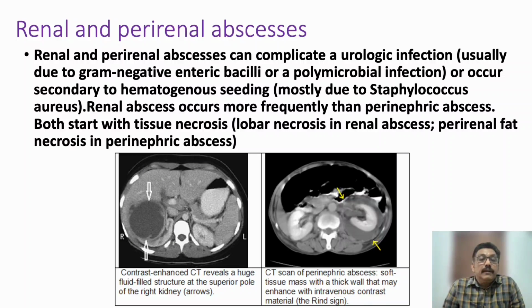Now, perinephric abscess is another problem, renal or perinephric or perirenal abscess. This can also be a part of urinary tract infection. There are two types of perinephric abscess. One type of abscess can extend from the kidneys to surrounding tissue, but sometimes it can be hematogenous spreading. With hematogenous spreading, most of the time they are gram-positive infection, but an infection coming from the kidney is mostly gram-negative organism. Whatever it is, blood culture is more important than urine culture here.